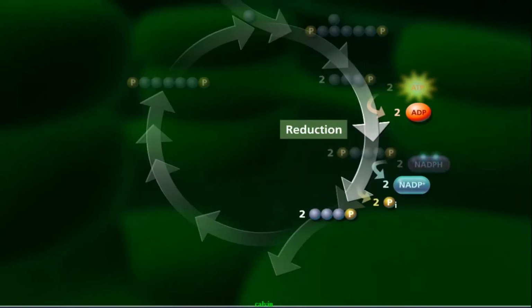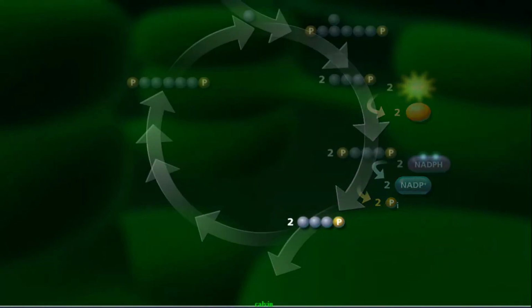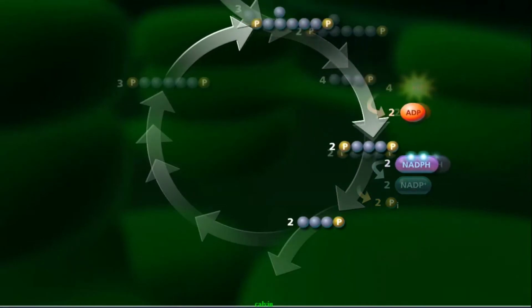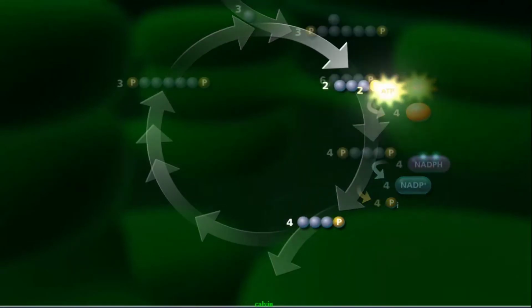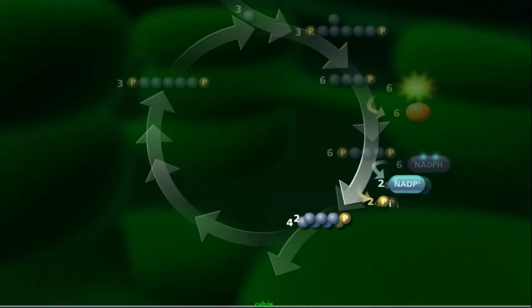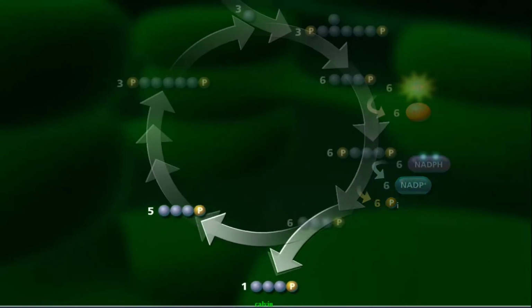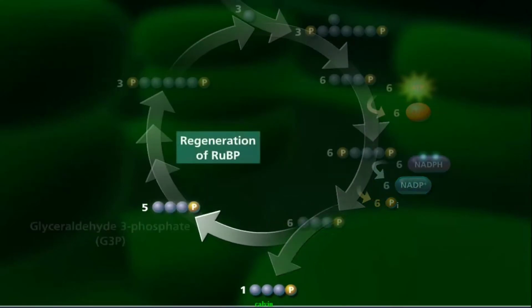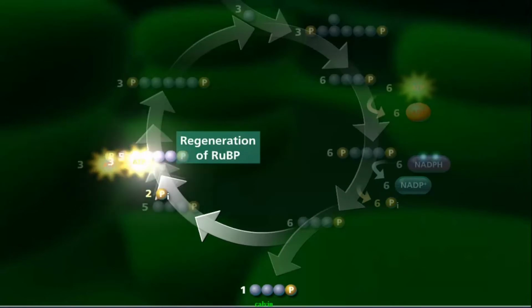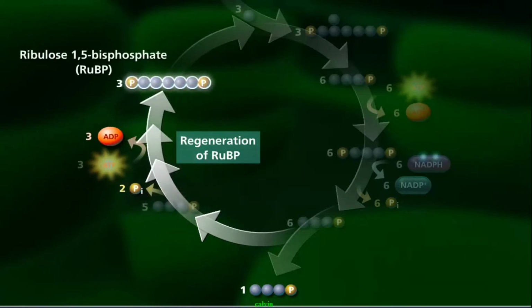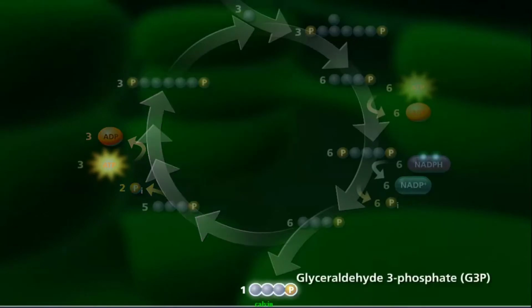bisphosphoglycerate, which again forms glyceraldehyde phosphate, after which it gets converted into 6-carbon glucose after 6 subsequent cycles. When this cycle turns 6 times, then one glucose molecule is formed and RuBP gets regenerated. So the third step is regeneration of RuBP. This way, the Calvin cycle makes the molecule of glucose.